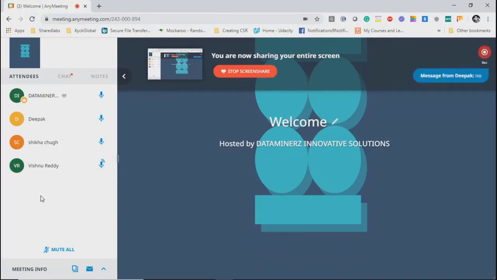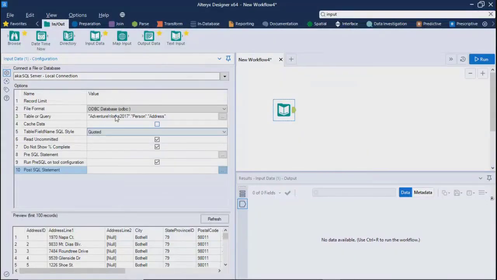Can you explain once again this pre-SQL statement and post-SQL statement queries? Yep. So what I said, let's say in case you are using a query, right? So your master query, what you have mentioned over here, that will execute because of this option, right? Tool configuration. But let's say you have a number of queries and you want to define a sequence.